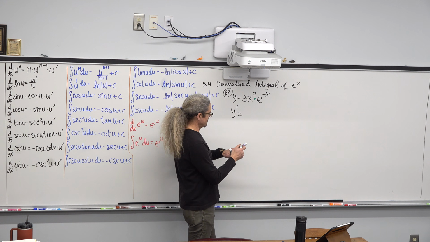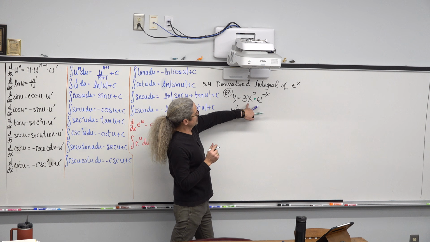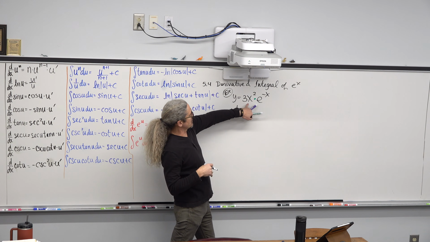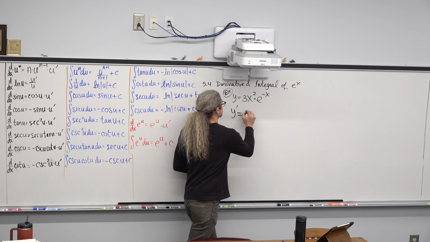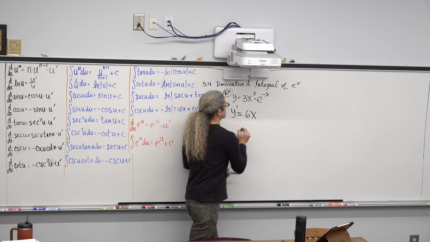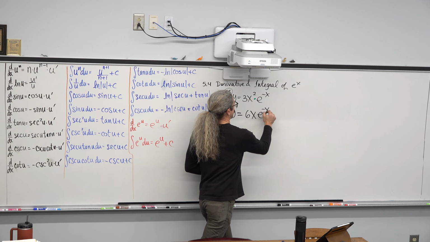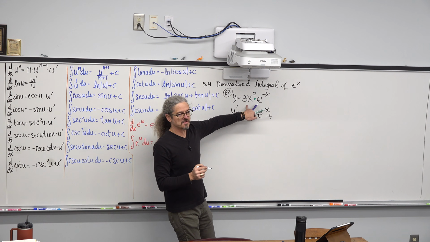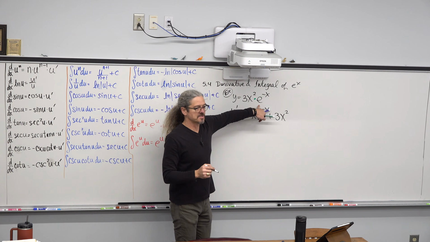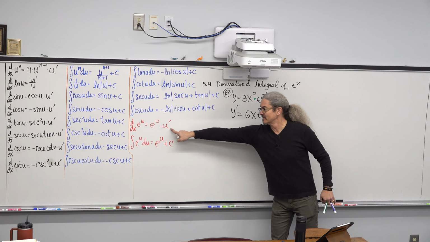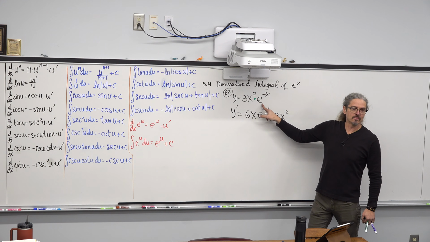So product rule, that means we're taking the derivative of the first, and we're quite a few sections past this, so I'm not going to actually write all this out. What is the derivative of 3x squared? 6x. So you're taking a derivative of the first factor times the second. So 6x times e to the negative x plus, then leave your first factor alone. So we have 3x squared. And now we're taking a derivative of our second factor. And this has been on the board for just about 10 minutes now. What's the derivative of e to the u? E to the u, u prime.